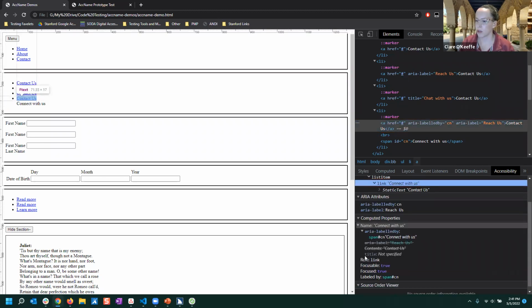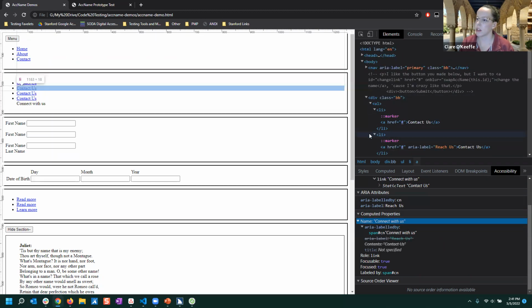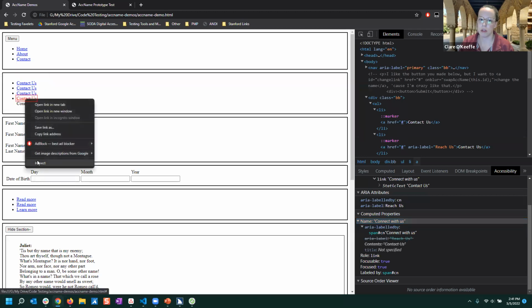So now let's scroll down a little bit. Here's the name, Connect with Us. And it's coming from aria-labelledby. It shows that it had content of contact us, but it's crossed out because something else took precedence. And it had an aria label, but it's crossed out because aria-labelledby took precedence. So there's this view, and you can also